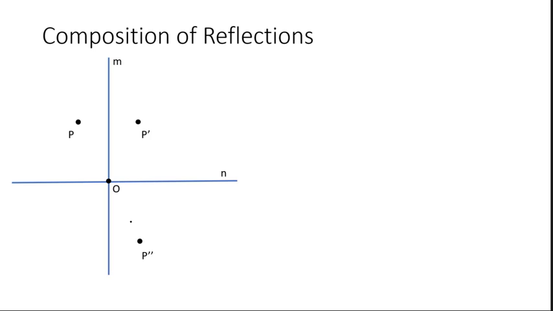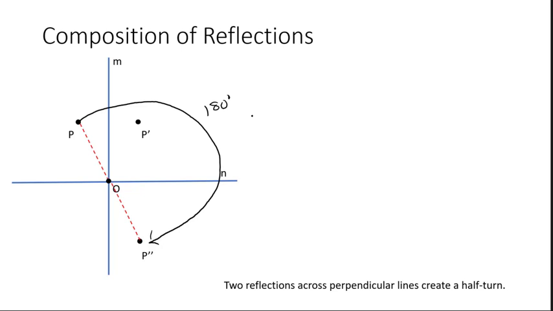double prime down here. What happens with perpendicular lines is that we have created a half turn, all right, with the center point at O. So if we go from P to P double prime, okay, what we've created is a half turn. It's 180 degrees. All right, so that's the fact about perpendicular lines and reflections. If you have two reflections across perpendicular lines, that will create a half